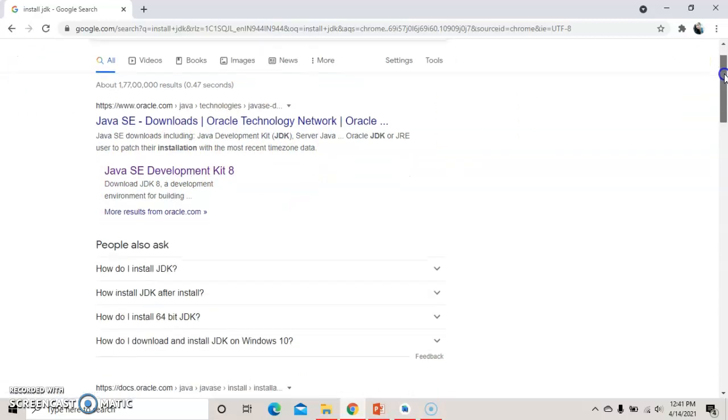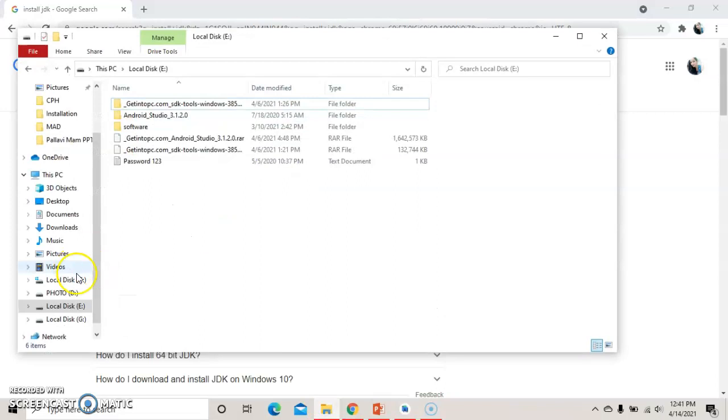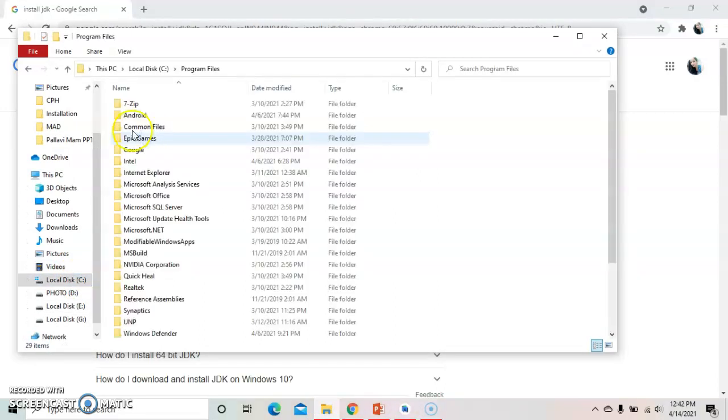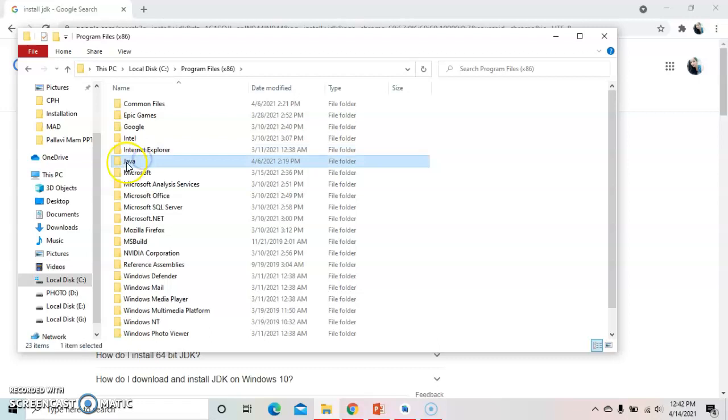For Android Studio we need to install the Java Development Kit first. Install it in the C drive like this. I have installed my Java Development Kit in the C drive, in the Program Files. So this is the Java, installed in the C drive.